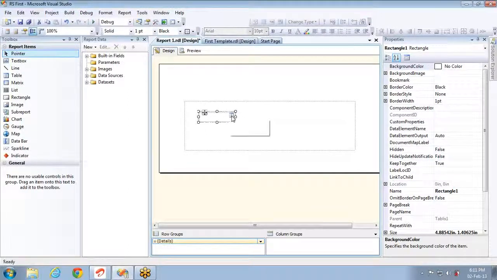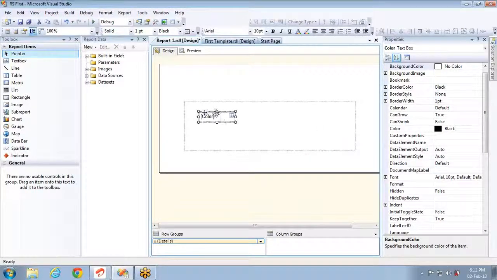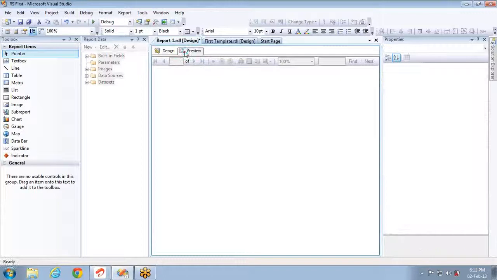Now let's say I have a data set, and from it I'm taking color. I selected one list, and in a list I can have any number of controls or report items. I have taken one text box and set color for it. Now let me see the preview.